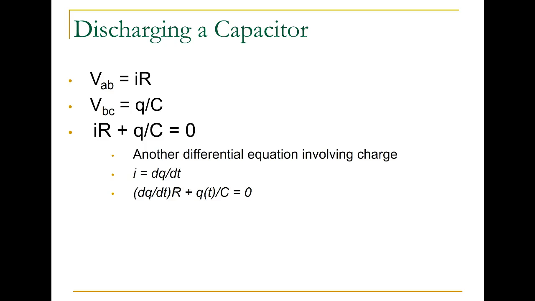Okay, so the voltage on the resistor is still IR, which is R dq/dt. The voltage on the capacitor is still Q over C. So now our differential equation is IR plus Q over C equals 0. And now we have replaced our negative signs with positive signs because the current is in the opposite direction. So this is another differential equation involving charge. And really all we need to do to solve this is take the R dq/dt term and bring it to the other side. So we're going to solve this